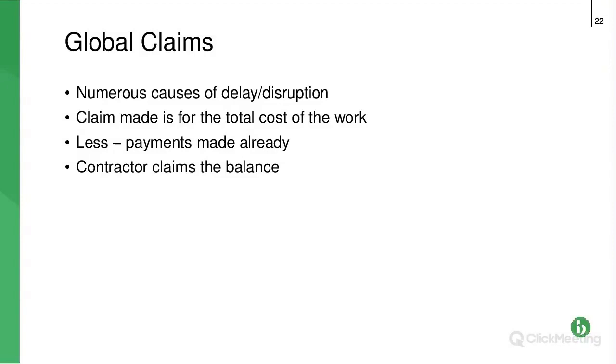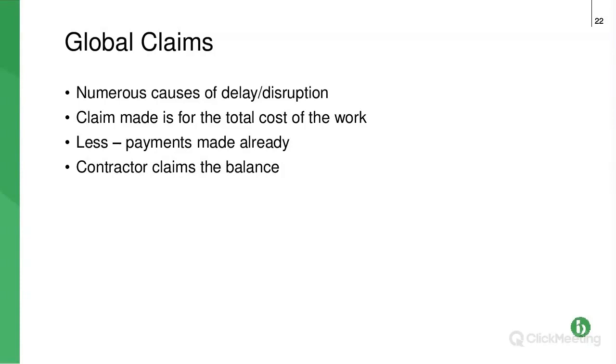Now, quite often, it is possible to separate it out, and it is best if you can separate it out like that. Sometimes it's not possible. A global claim is possible, so on that basis of 2 months, I'm not separating it out,